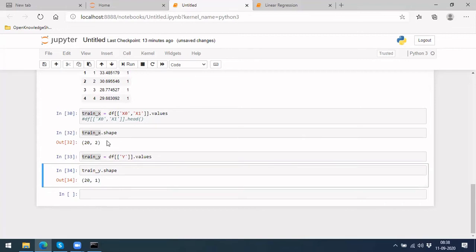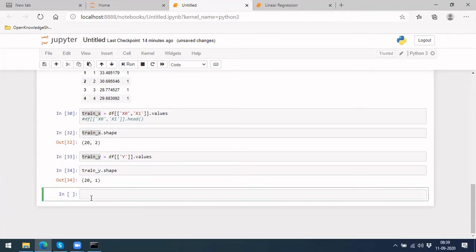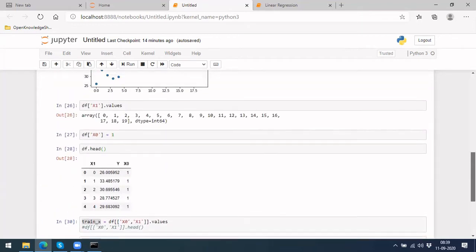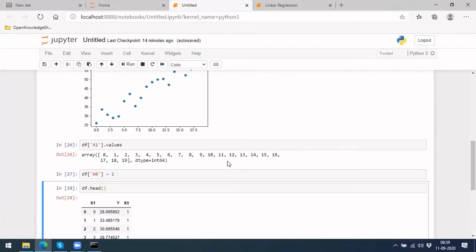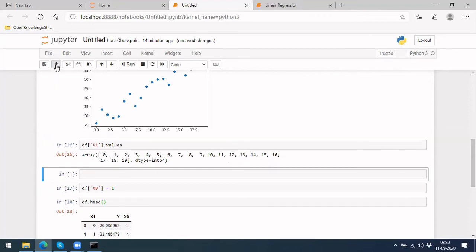Okay. So now you have a matrix. So these two are in the form of matrix now. Now if you want to do multiplication and all, those are possible. And the next step would be, we also have to define theta, right? So then our model definition would be ready. So let's also have it here. Before that, let me add it here, model definition.